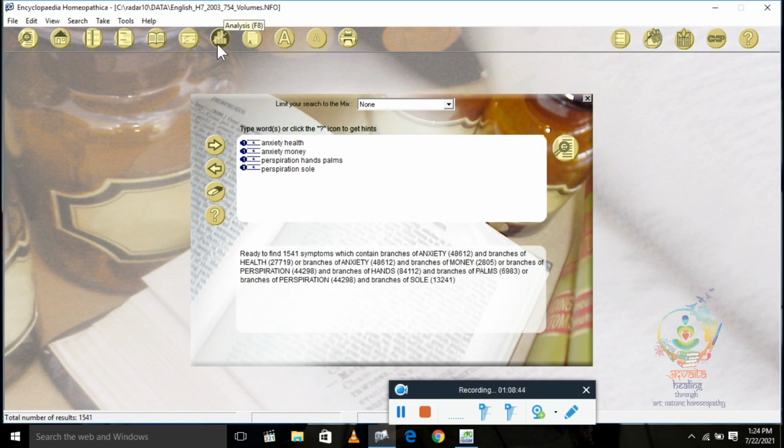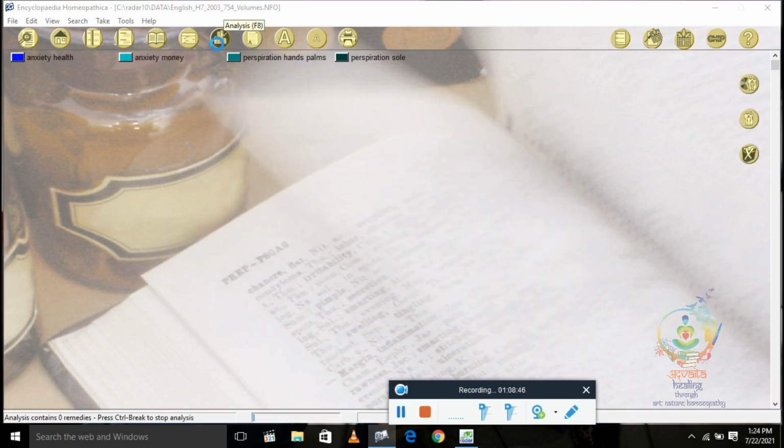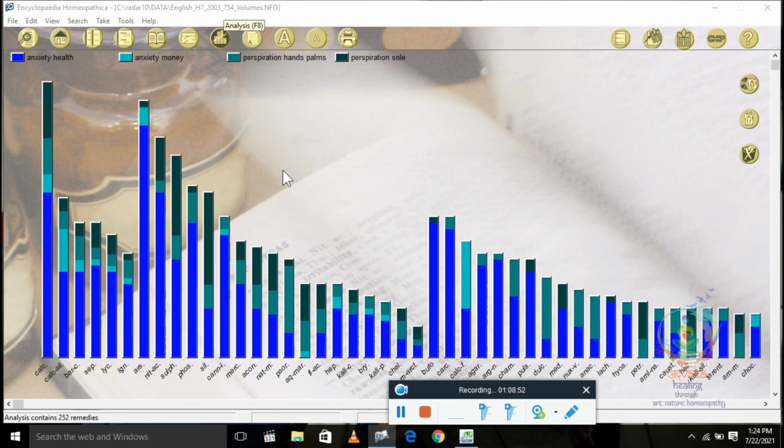So let's see where this materia medica analysis takes us. See, now Calcarea silicata, Baryta carb, Sepia, Lyco, and Ignatia. These first 6 remedies are covering all the symptoms. You can see 4 colors and these 4 symptoms, right? So it is covering all the symptoms.